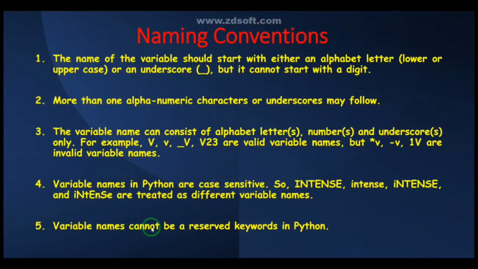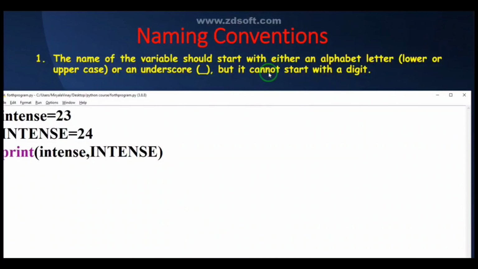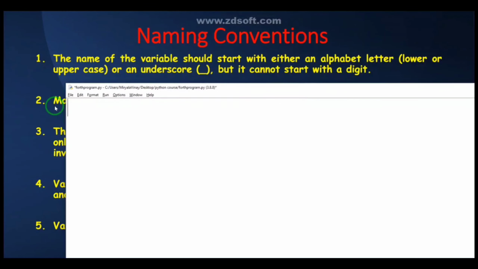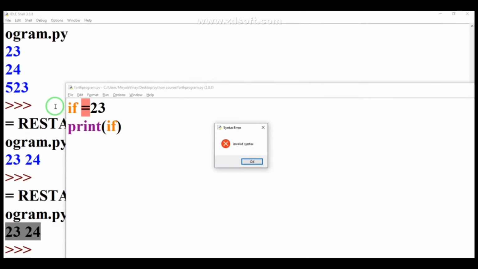So the next point: variable names cannot be reserved keywords in Python. Python has some reserved keywords like if, else, while, do, something like that. So if is a reserved keyword, it is used in the if statement. When you use if equal to 23 and try to print that if value, it is going to show the error as invalid syntax. Let me run. See guys, it shows invalid syntax,